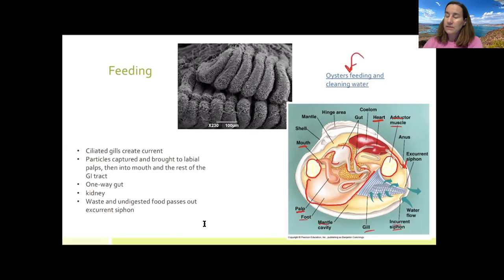But again, these guys are filter feeders. They are very good at being filter feeders. And so I got this video a few years ago. I found it online, and I think it's really neat. So you can see these guys are crucial. We need them in our marshy swamp environments because they are filter feeders. They clean the water. And if you watch this video, you can see exactly what it looks like without them and with them. And so these guys, again, are really important. We need them. They're critical for the ecosystem in which they inhabit.